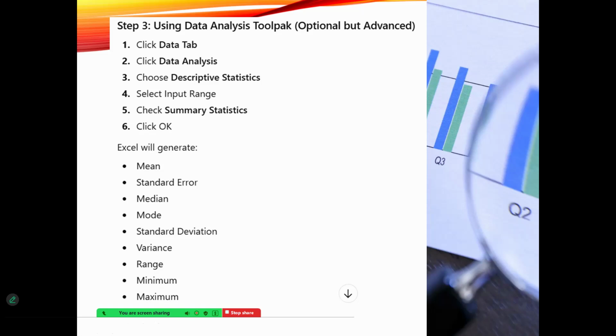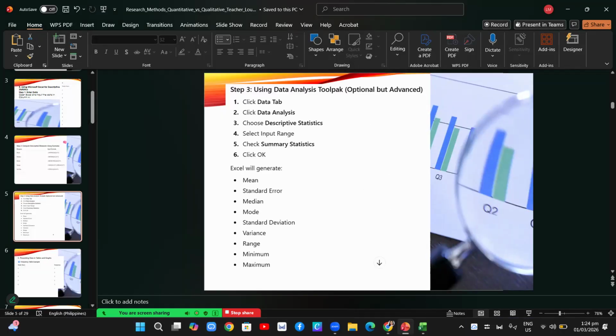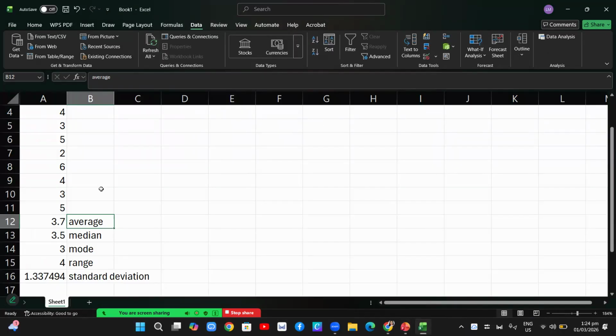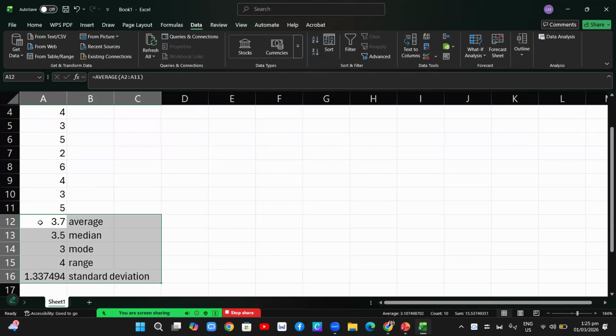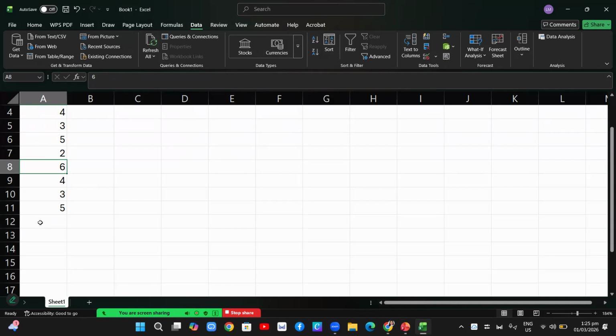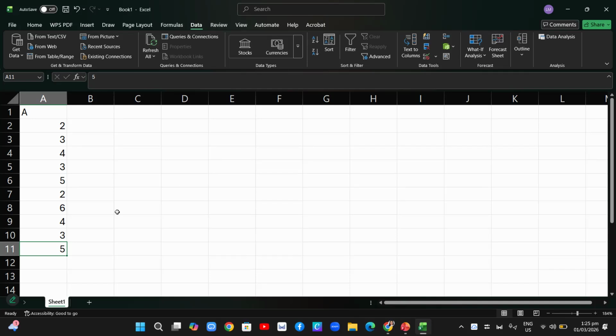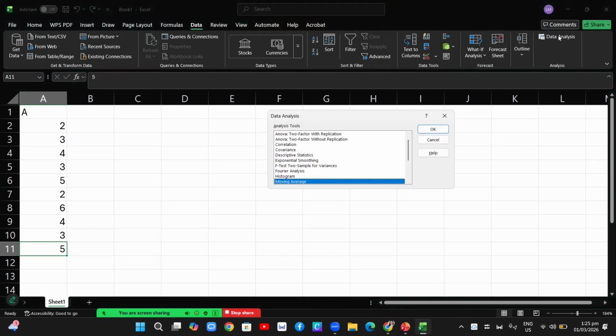So let's practice it. Let's delete this, which we computed manually, using the same data. Let's click here, data, and then you click data analysis.